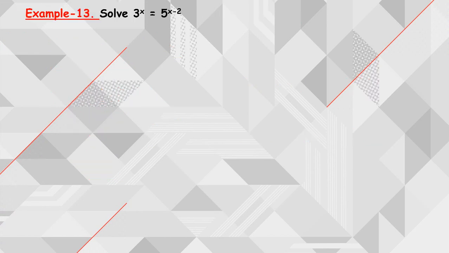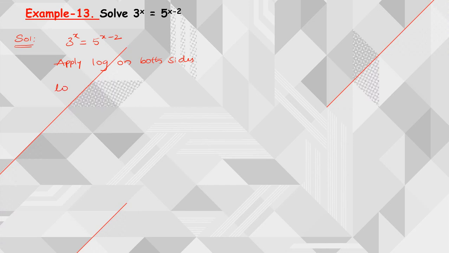Next, moving on to one more example. Let us see, solve 3 power x is equal to 5 power x minus 2. Solve means you need to find the unknown variable here. The unknown variable here is x, so we need to find out the value of x. In solving such type of questions, we are going to use logarithms. What is given? 3 power x is equal to 5 power of x minus 2. Next, we are going to apply log on both sides.